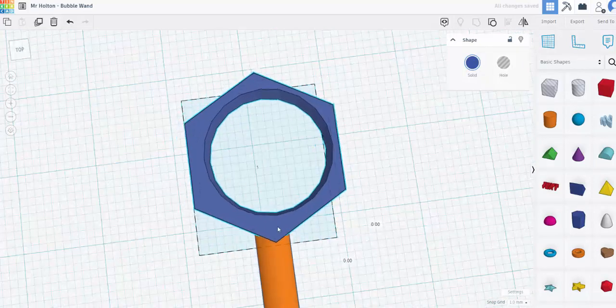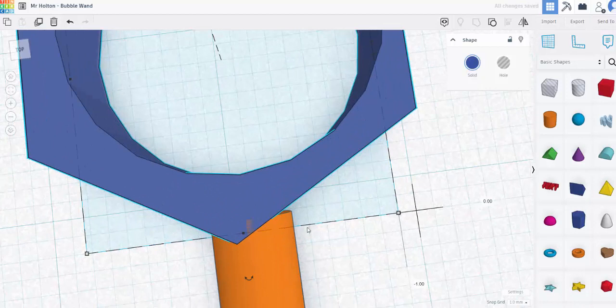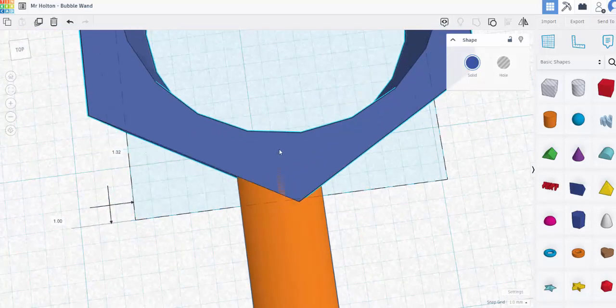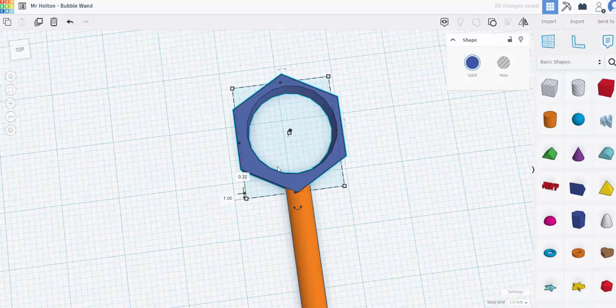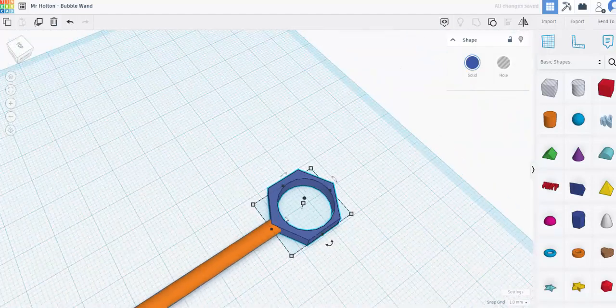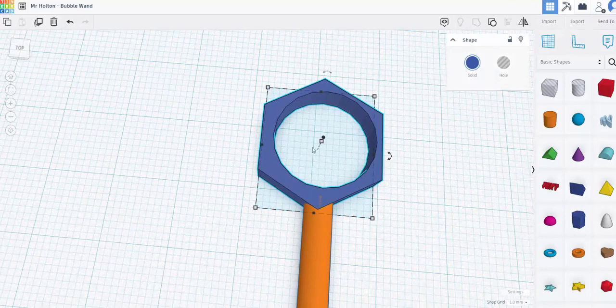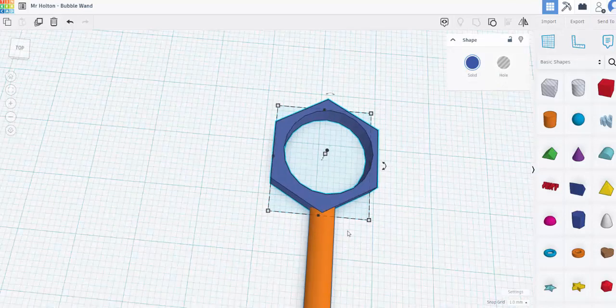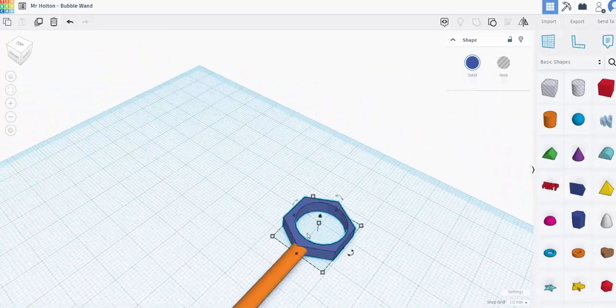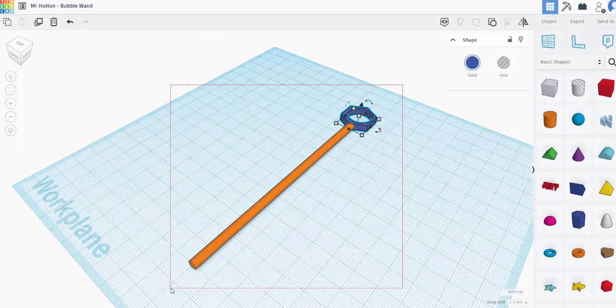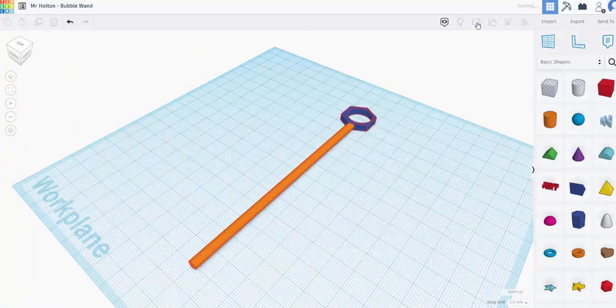and adjust it accordingly. Again, I'm going to look from above to make sure there are no gaps appearing where the two join. Looks like I need to adjust the head of this one down until I'm happy that the two will overlap together. This doesn't look great. The hole is not perfectly in the center and it's not quite mirrored where it joins the handle, but for now it will do. I'm going to zoom back out, again draw over both and group them together so that